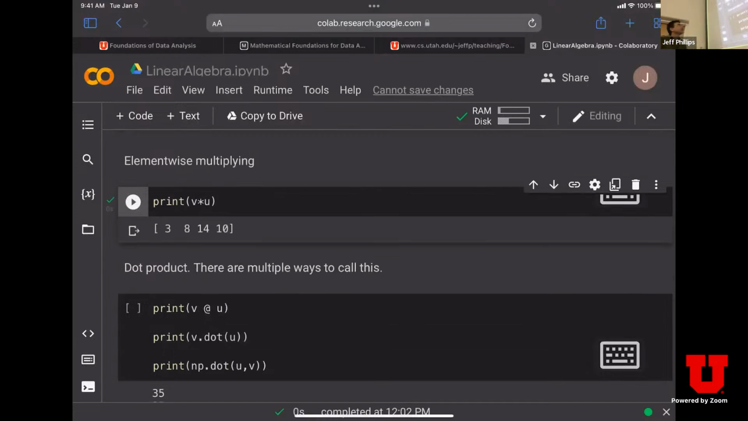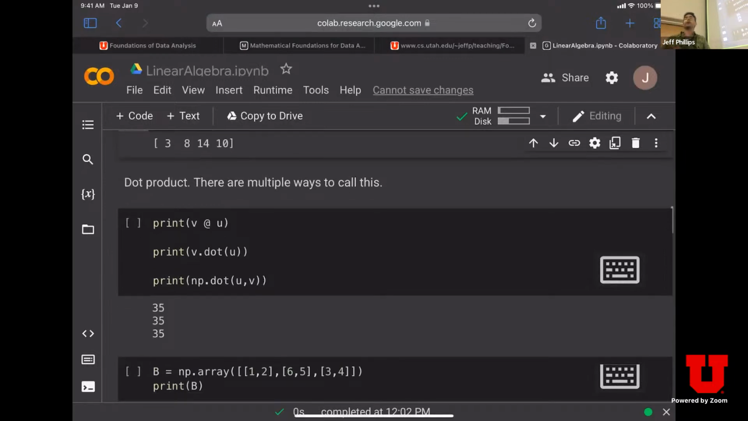V times U with that times symbol, that's element-wise multiplying, okay? This is typically not what you want to do. So if you use that star symbol, you're probably doing the wrong thing. It's going to be rare that you actually want to do that. Instead, you probably want to do